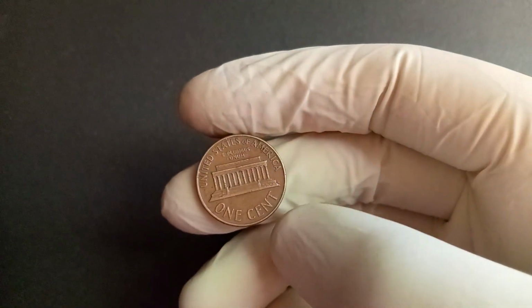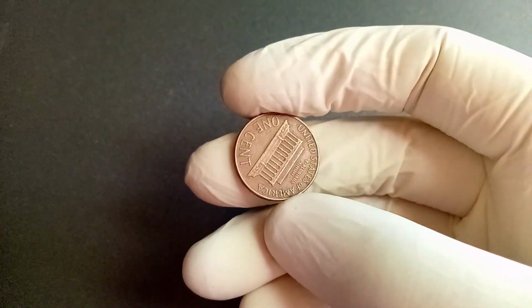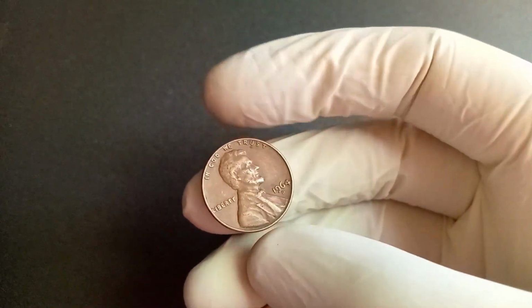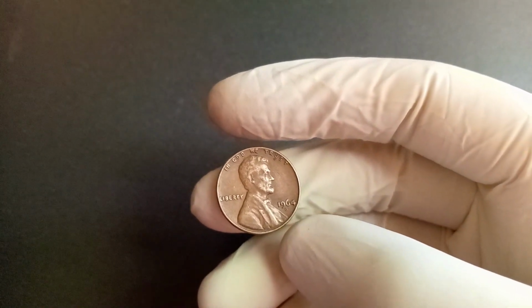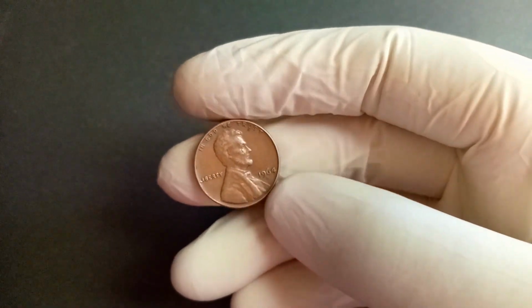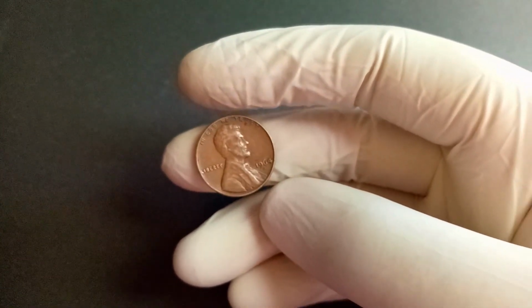How does this all add up to a value of over $75,000? It's simple. Rarity plus demand equals value. When a coin is one of only a few known in its condition or with a particular error, collectors are willing to pay top dollar to add it to their collections. The auction where the $75,823 coin was sold saw intense bidding competition among numismatists who understood the significance of the coin's near-perfect condition and